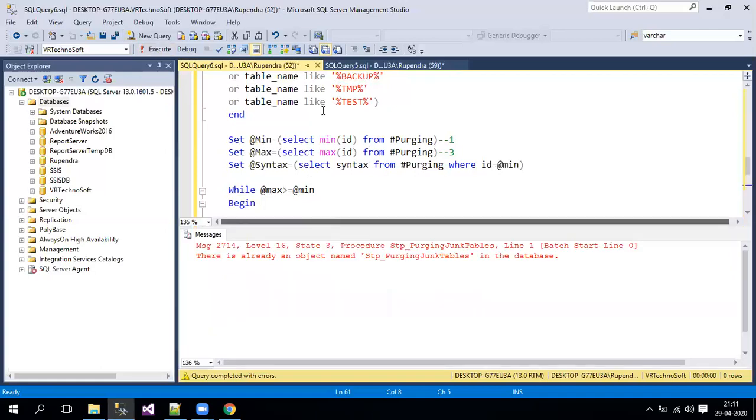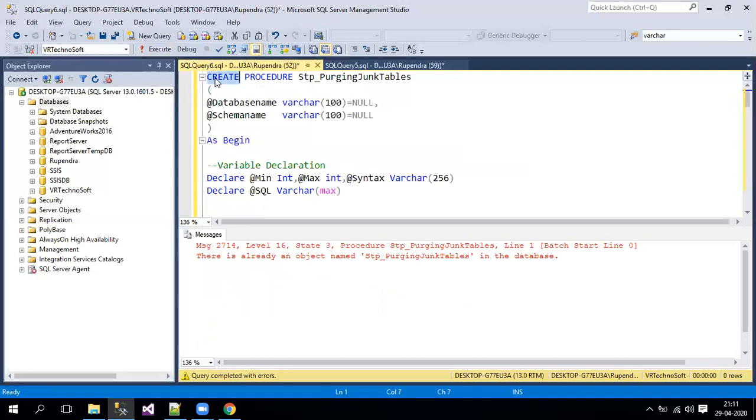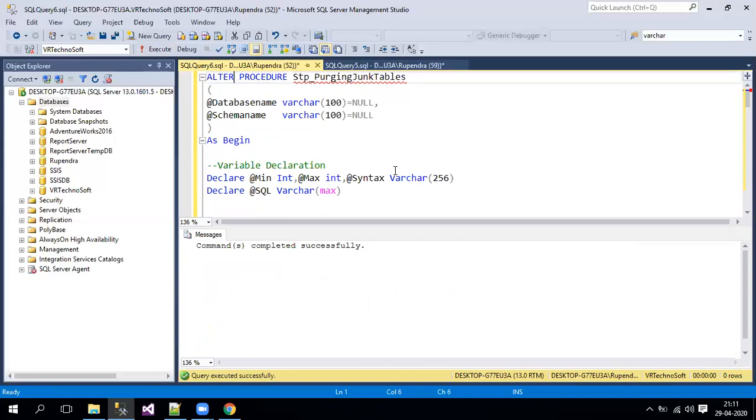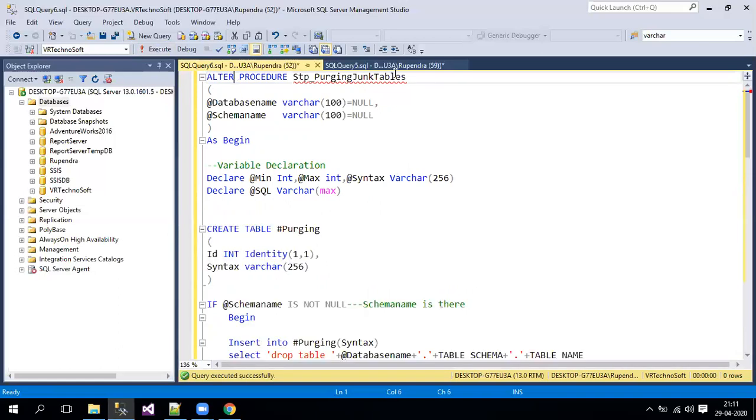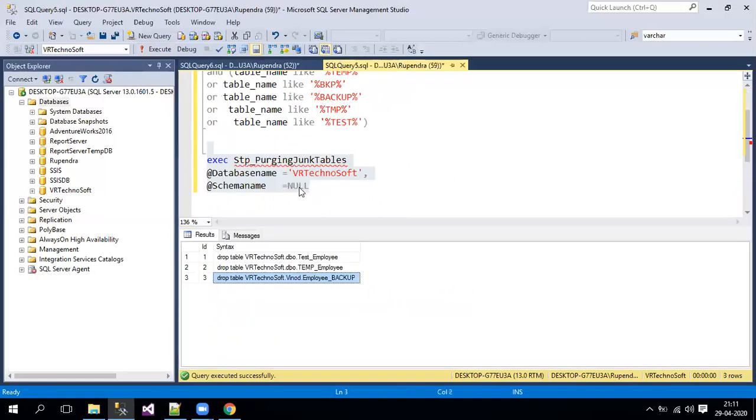Let me create this. So it is already existing. So what you need to do is we'll just put an alter statement to execute it. Now let me see, if I pass this particular null, let me pass only dbo, and we'll see whether these two objects are deleted or not. This should get deleted. So I'll just pass the dbo schema name.